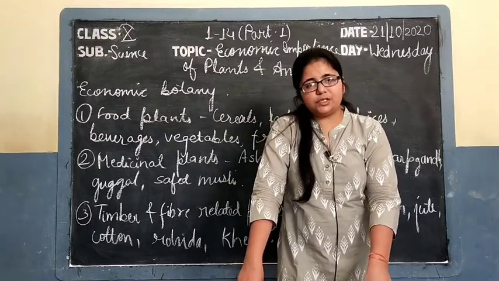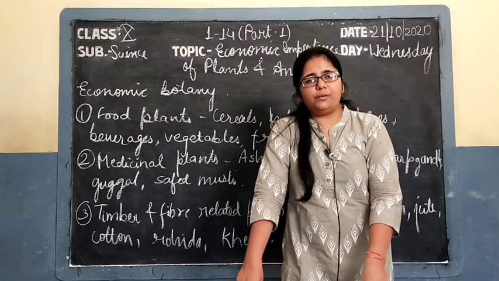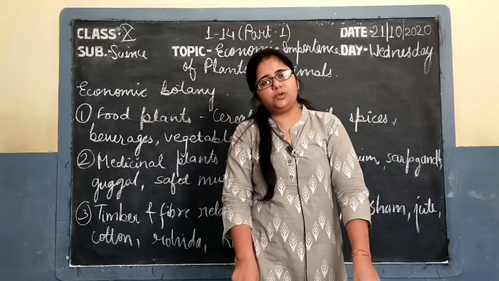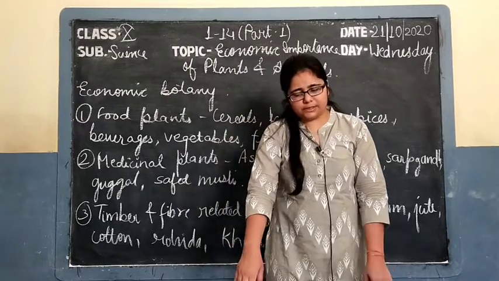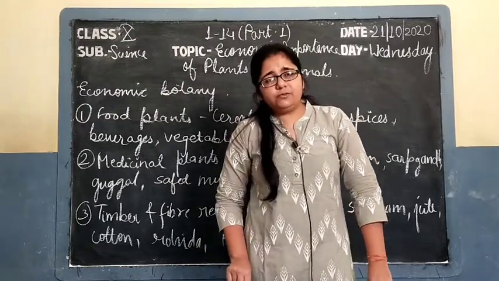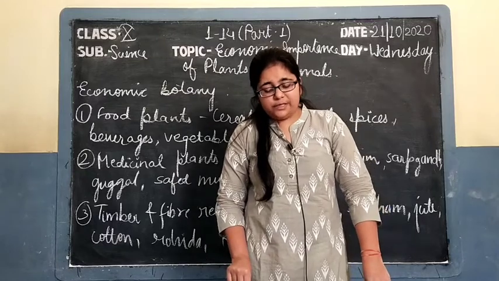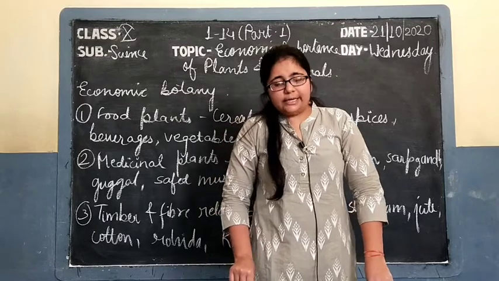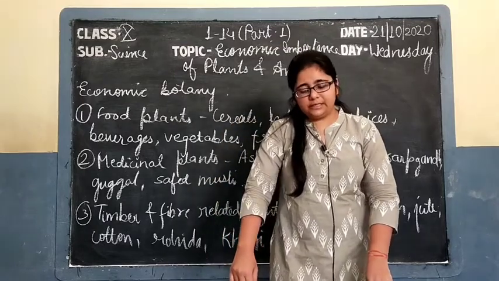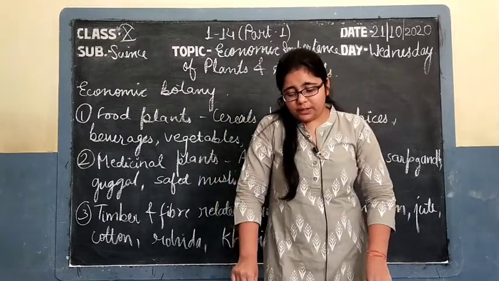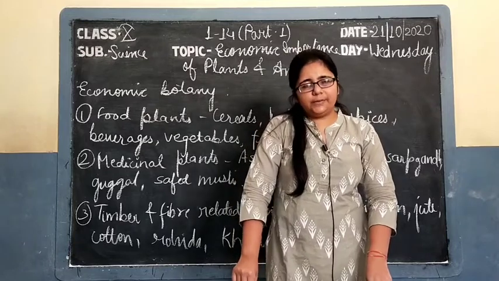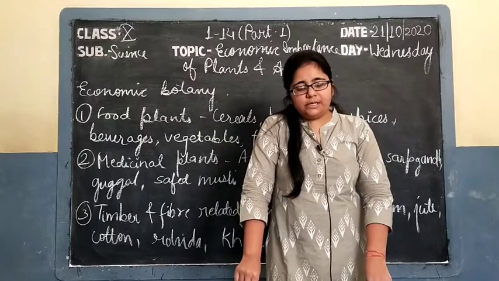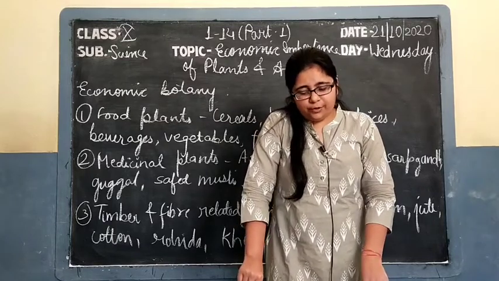Then the second one, which are obtained from the stem. First of all, potato, that is Solanum tuberosum, and the herb, that is Colocasia esculenta. These are obtained from the stem. Then the vegetables which are obtained from the leaf. First one is the spinach, that is Spinacia oleracea. The second one is fenugreek, that is the methi leaves, that is Trigonella foenum-graecum. This is the scientific name of fenugreek. Third one is Bathua, that is Chenopodium album. These are the plants which are obtained from the leaf.